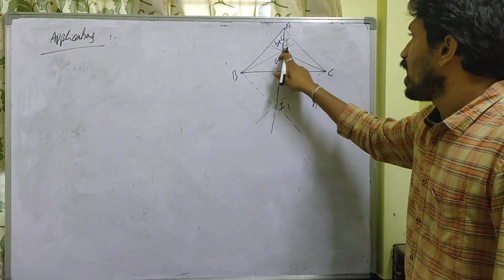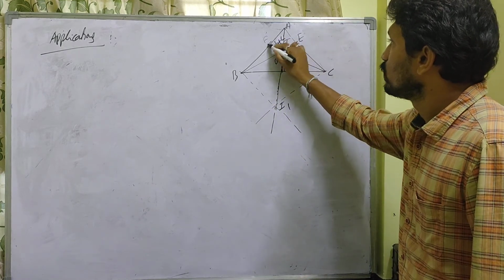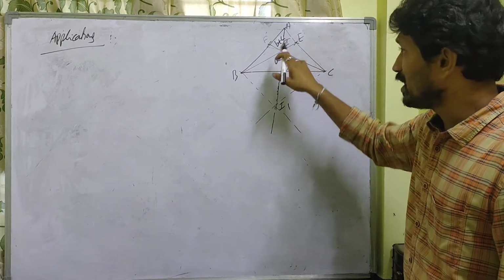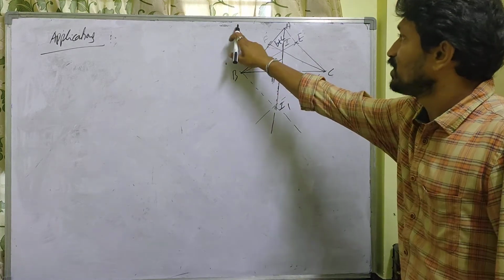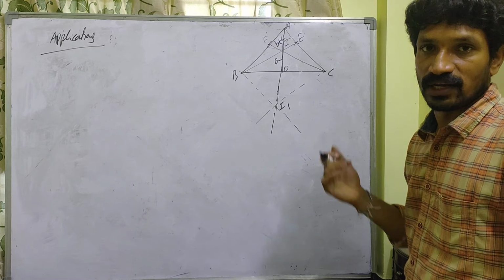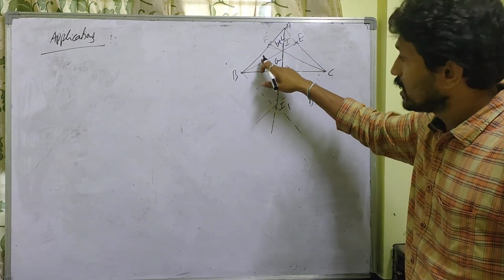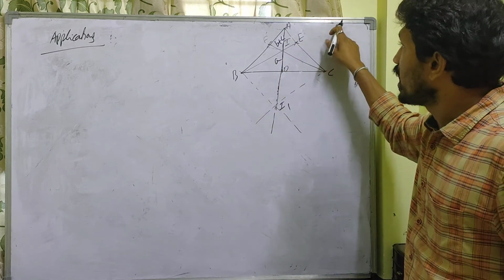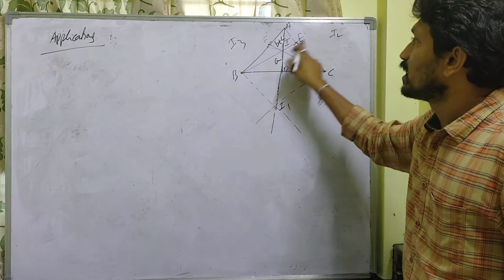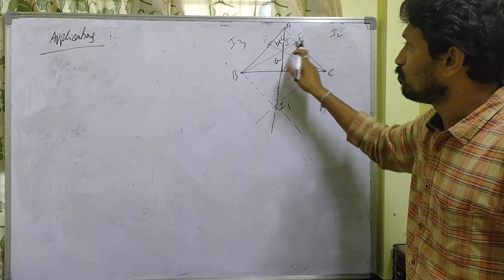Similarly, I divides CF in the ratio a plus b is to c. The same way, I3 divides CF in that ratio externally. Same for BE: I divides BE in the ratio a plus c is to b. Here I2 you will get, here I3 you will get. I2 divides the same BE in the ratio a plus c is to b externally.